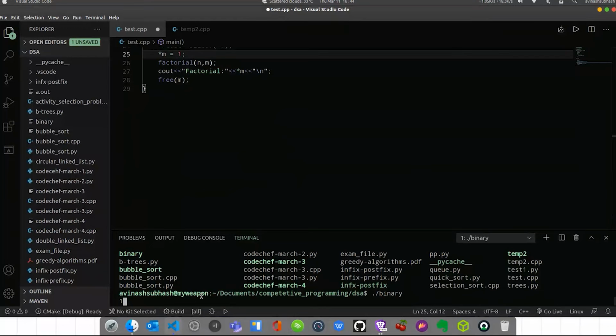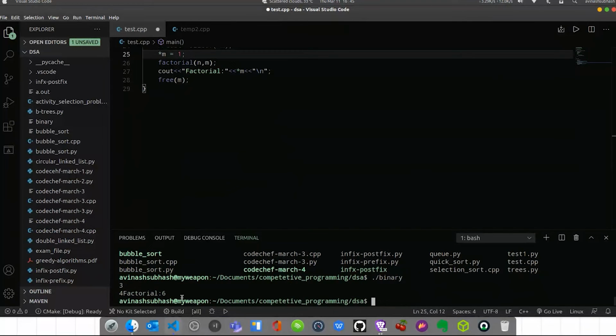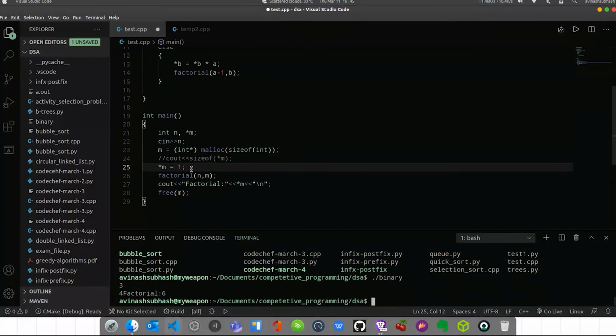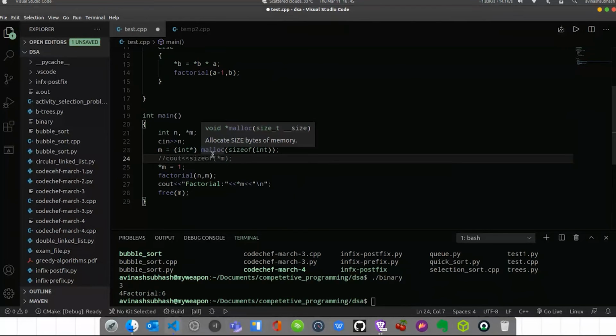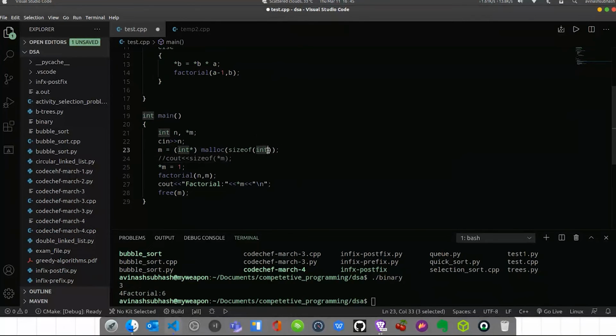So we'll just run the command, and okay, factorial 6. Now one more thing that I would like to add is sizeof. As you can see, we are declaring an integer star pointer and using malloc for dynamic allocation with sizeof int. This sizeof int means we are allocating memory in the size of an integer.